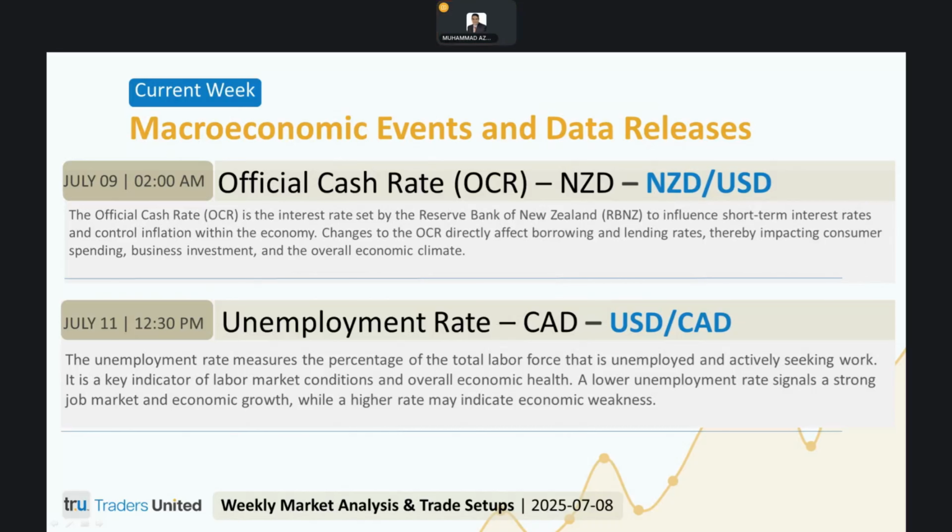Okay. So as of July 11th, 2025, the Canadian unemployment rate is forecast to rise slightly to 7.1%. While this is not a dramatic shift, any surprise in the actual data could significantly impact USD CAD. A stronger labor market result could strengthen the CAD and pull the USD CAD lower, while weaker data could increase expectations of Bank of Canada easing, driving USD CAD higher. Forex traders should also monitor broader employment figures and US economic indicators for additional context.